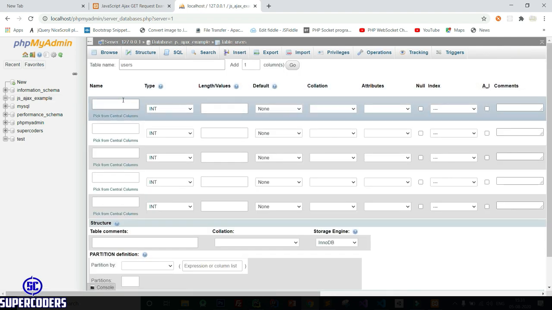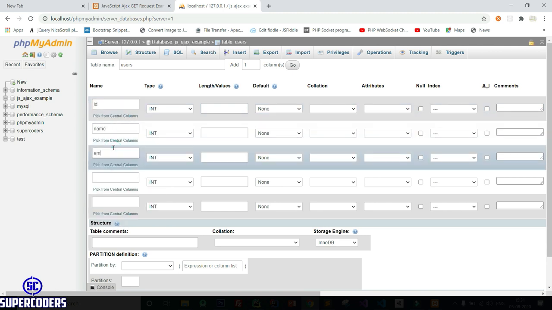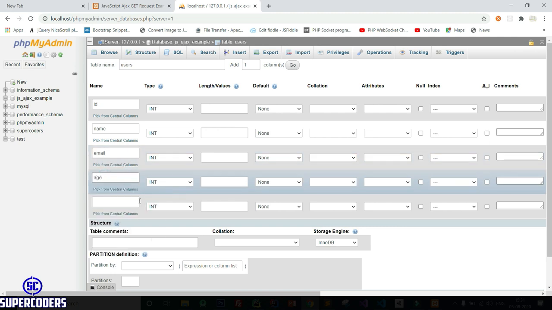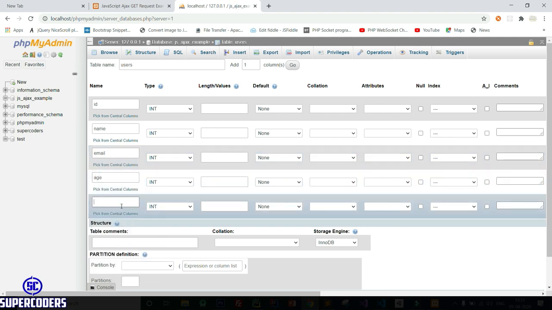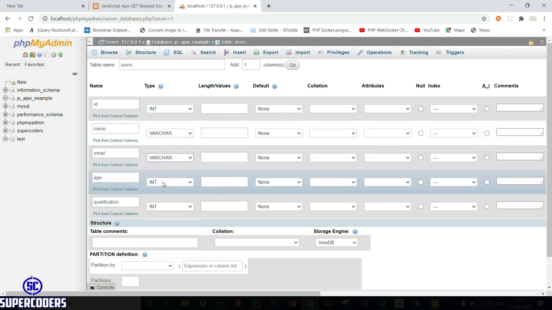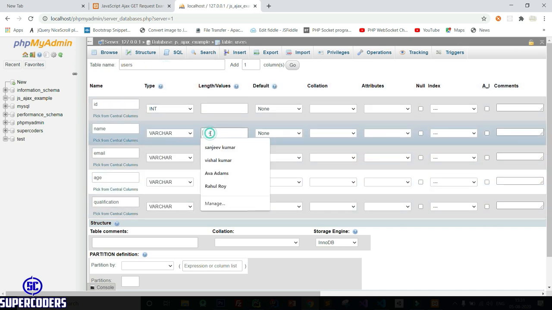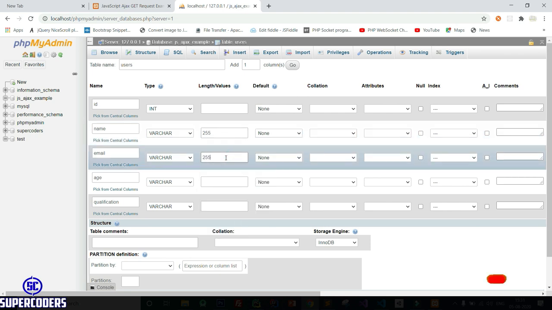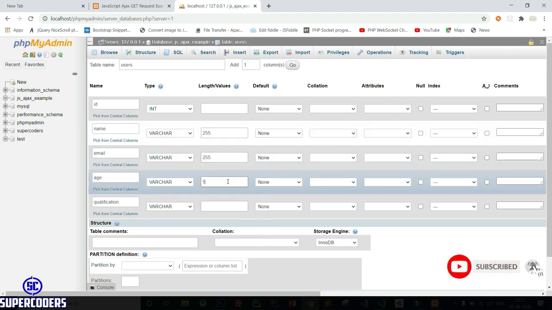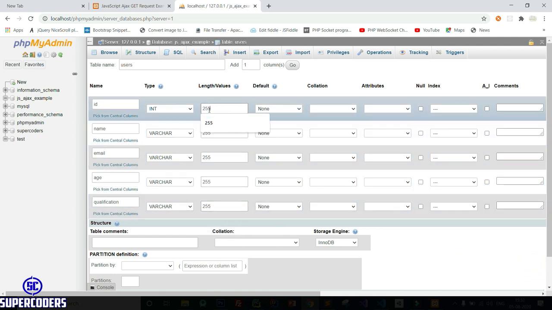Then adding ID, name, email, age, and qualification. Make name varchar 255, also make email varchar 255, and qualification 255.